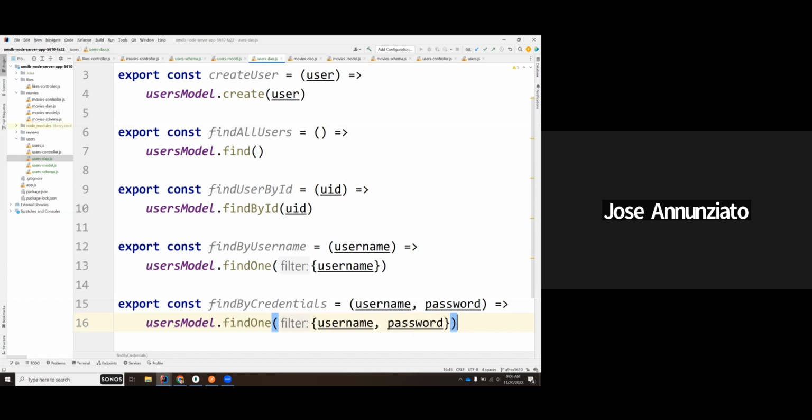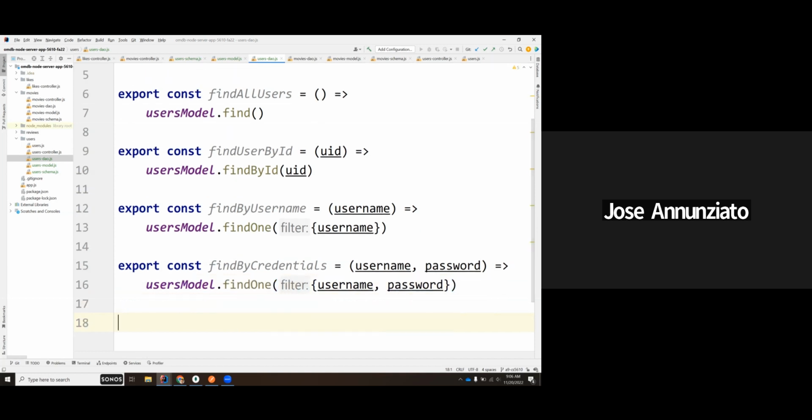And presumably there's only one that matches the unique combination of that username with that password. And you can create all sorts of finders, right, that might be useful for whatever it is that you're building. We'll see later on that this is actually very useful for implementing things such as logging in and registration,